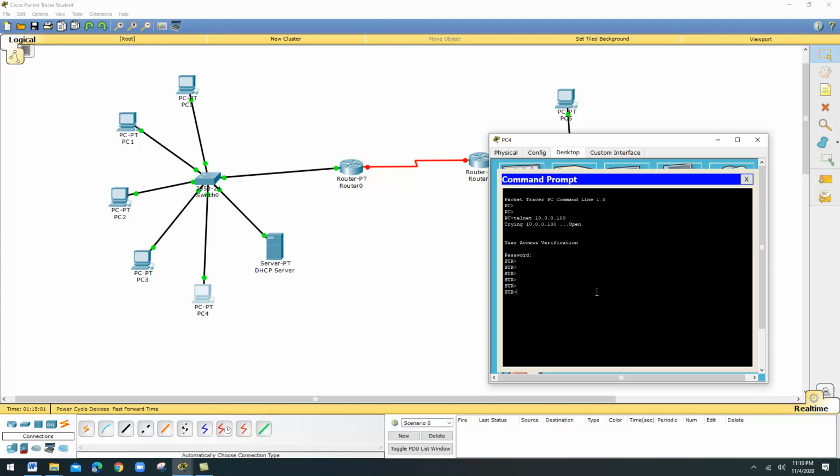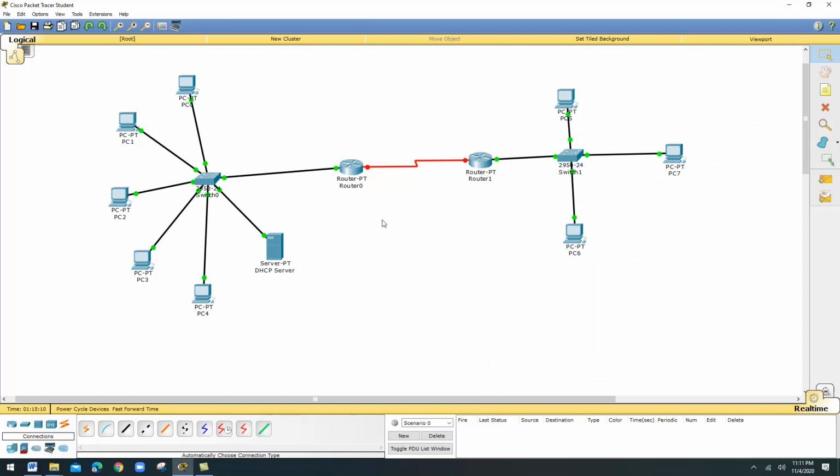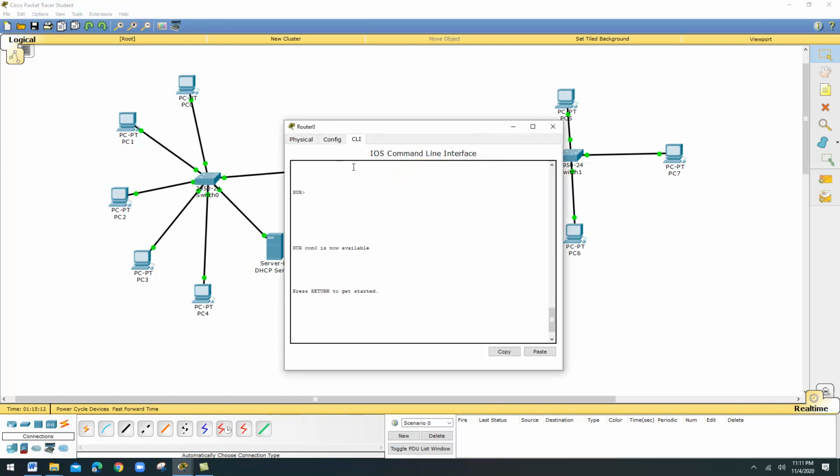This is called enabling the telnet access. Now how to do it? How to enable telnet access, or the remote access, in a router? Click the router, go to the CLI, command line interface. Now I am going to use a command. You are in the user mode, and I want to change it to the privilege mode, so I am giving enable. Enable is a command to change the mode.